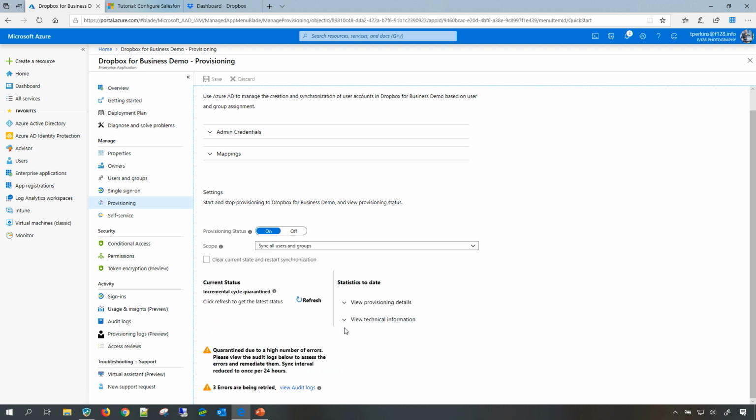If you have a high number of errors, you can see that we automatically put you into a quarantine state where, because of the high number of errors, we are going to retry it a little later. And you can refresh the results with it. Thanks for watching that awesome demo. And now let's move back to our provisioning slides.